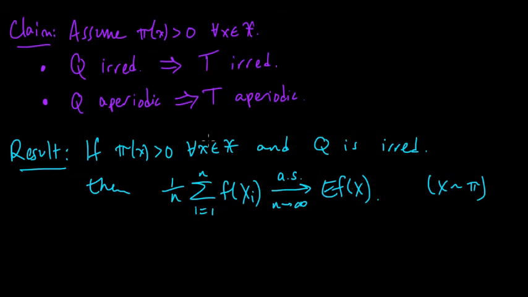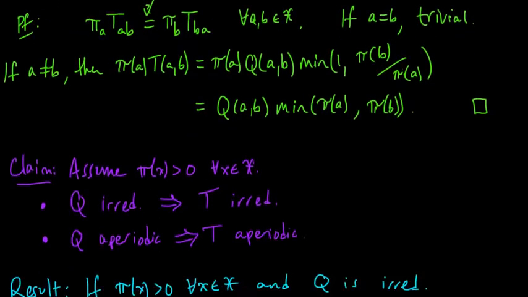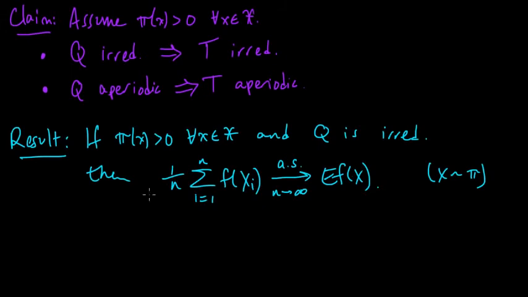And that's because if Q is irreducible, then T is irreducible, assuming this. And we already know by the construction of the Metropolis algorithm that it has a stationary distribution pi. And so those conditions of the ergodic theorem hold. And if further Q is aperiodic,